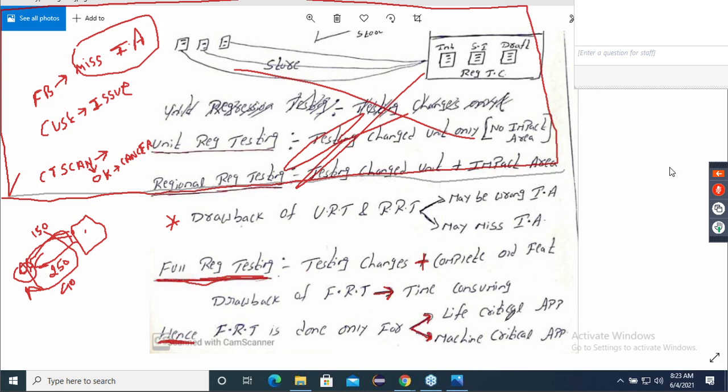Then guys, have you understood the concept of full regression testing? Simple. Which is easy now, unit, regional or full? As a test engineer, which is easy? Unit is easy. Imagine, full is always easier. In the full, we don't have to use brain only. Whatever is there, everything, the old features, you take it and start executing, that will become full regression testing. Make or write this one. This is the third type of regression testing we are seeing. Regression testing, write whatever you understood.